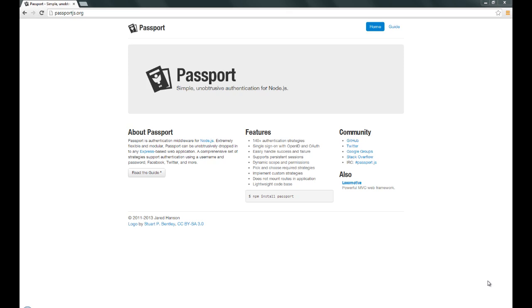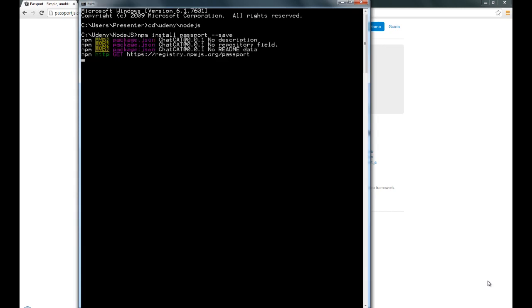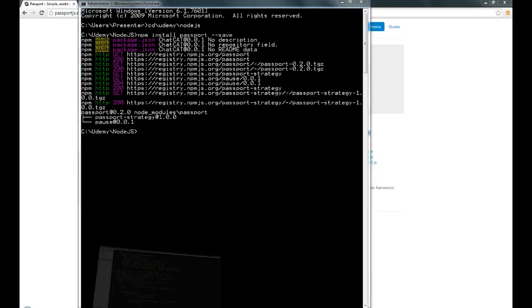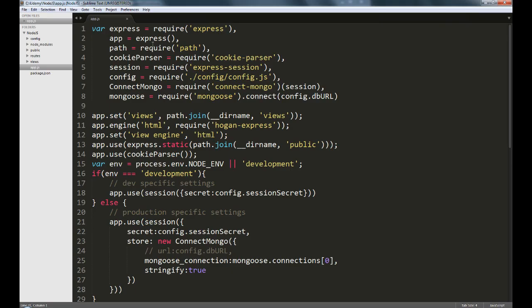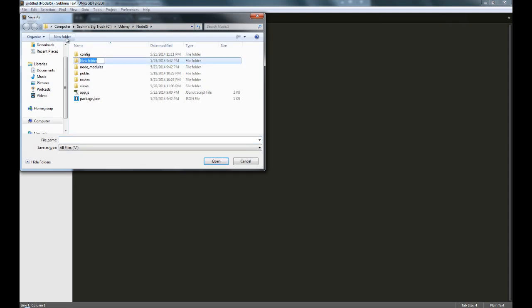Let's install PassportJS. So I'm going to go to the command line, and we're going to do an npm install passport --save. Alright, so once this is done, let's go back into our app, and we're going to create a new file which contains all the authentication code. So let's create a new file, and we're going to make a new folder called auth,